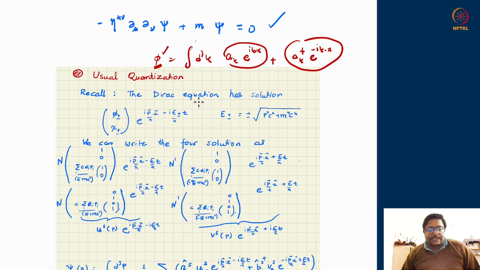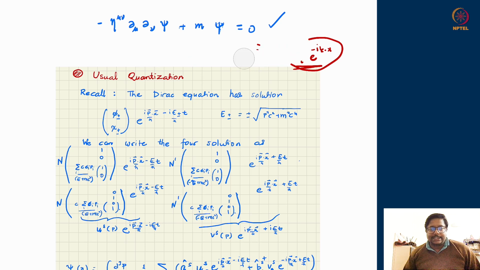But suppose you drop the requirement of having a real phi, then there is no reason that these quantities should be Hermitian conjugate to each other. In principle, I can put a different b of k over here and get my business done. Initially, remember, we started doing it like that, and then we imposed the reality condition. This time I'm talking about the Dirac spinor, which involves 4 fields, none of them necessarily real. So I drop the demand that a_k e to the power ikx and a_k dagger e to the power minus ikx should be the structure of its Fourier domain.